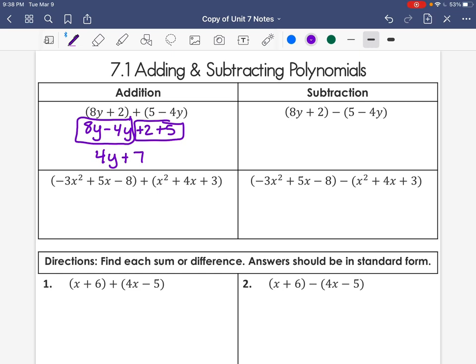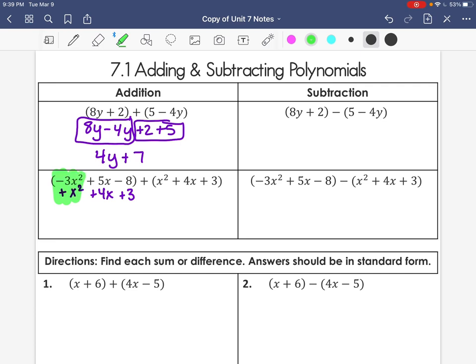The over-under method says you just line up the x squared with the x squared, the x with the x, and the constant with the constant. And then whatever sign is in front of them: this one's positive, there's nothing there. This one's positive because it's a plus. This one's positive because it's a plus. So you're going to add these two together, add these two together, add these two together. So you work it in columns,